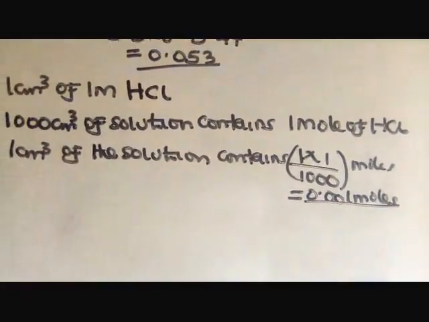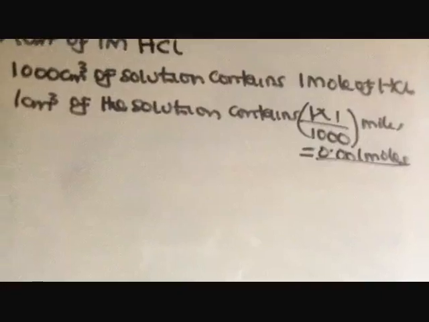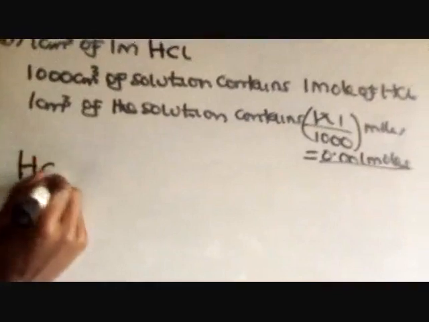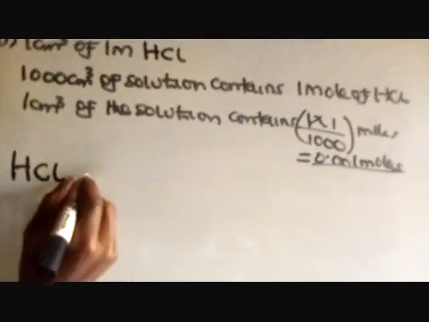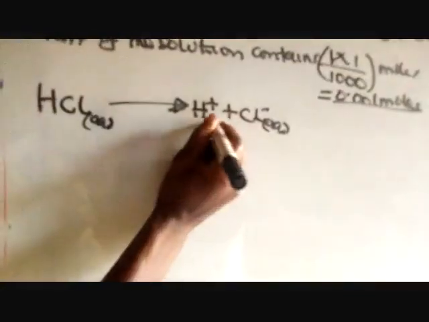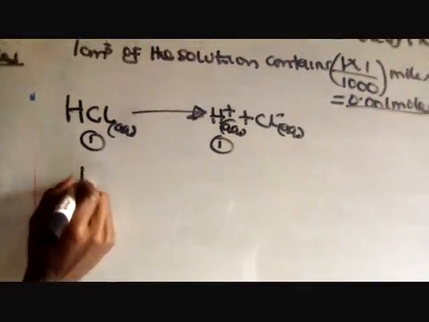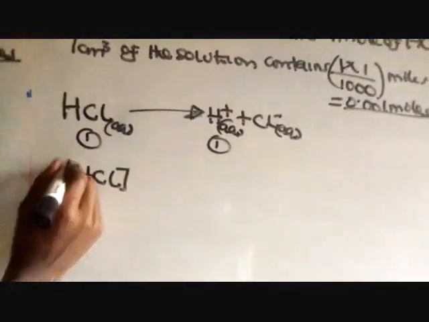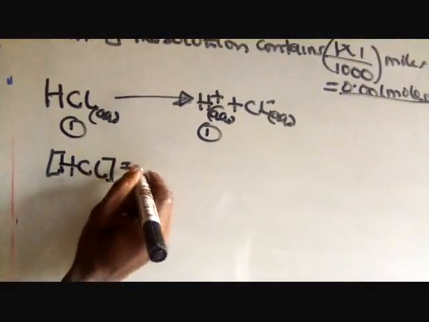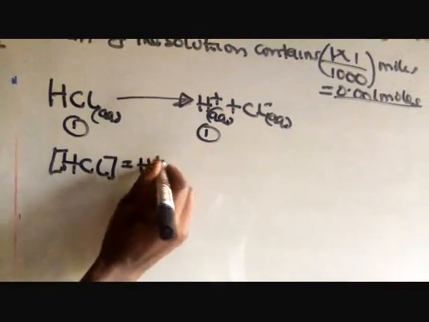After doing that, remember, members, when you look at our acid, hydrochloric acid, which was added, this acid ionized fully since it's a strong acid. Then we are seeing that our hydrochloric acid ionized fully like that. We get hydrogen ions plus chloride ions. So when you look at our mole ratio here, 1 mole of HCl produces 1 mole of hydrogen ion. This implies that the concentration of HCl which you have calculated above is exactly equivalent to the concentration of the hydrogen ions.